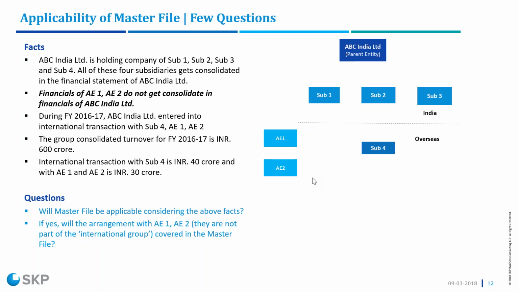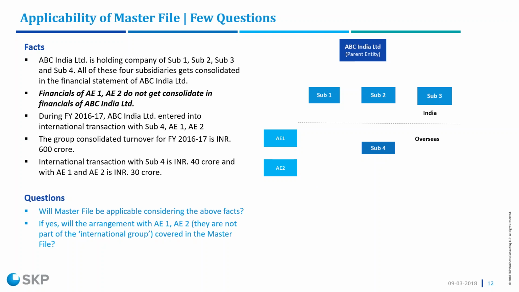So if my AEs are not getting consolidated as per OECD, typically I don't need to cover them in the master file. However, as for the Indian requirements, like Maulik rightly said, they refer to international transactions. So my transactions with the AE will also get caught under the master file requirements under the Indian Income Tax Act. So there is a discrepancy on that,